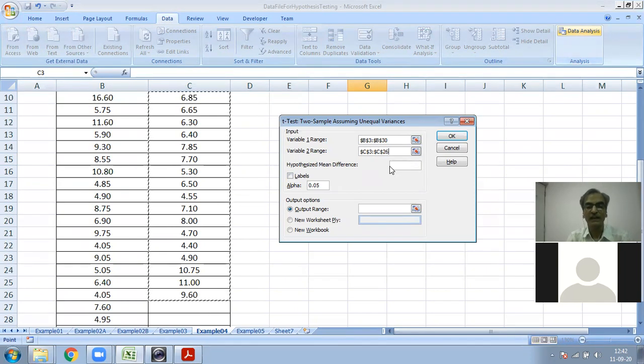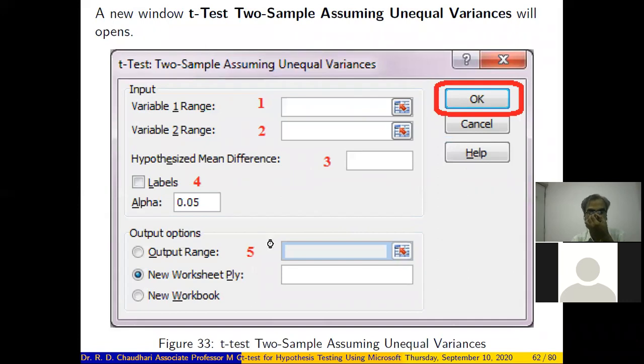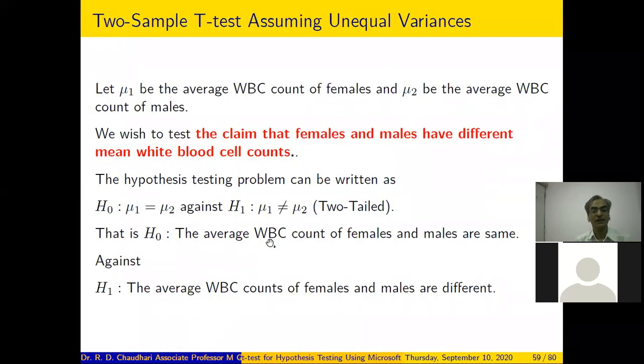Now the hypothesized mean difference. Let us see what the hypothesized mean difference is. Look at this. What is the null hypothesis? Our null hypothesis is H naught: mu1 equal to mu2. When we say mu1 equal to mu2, it means the means are the same for both populations.